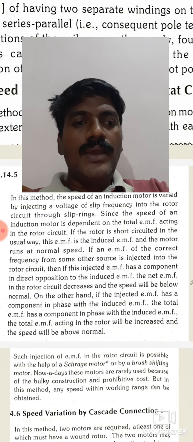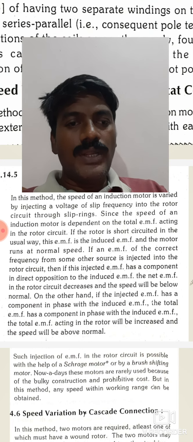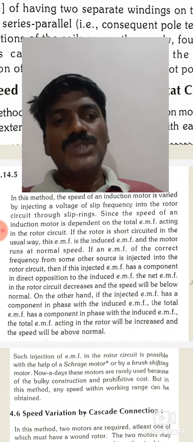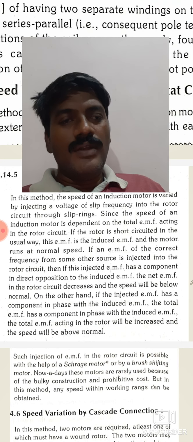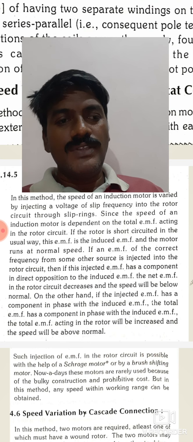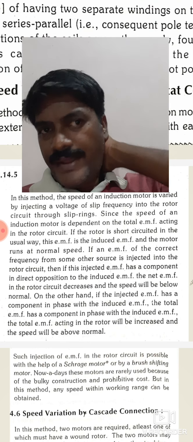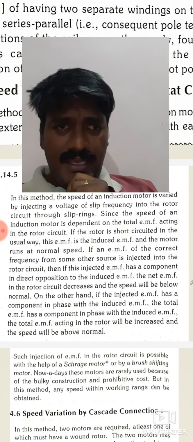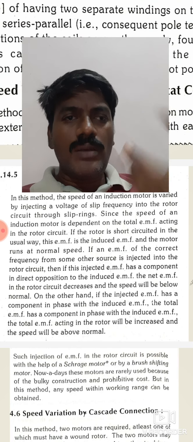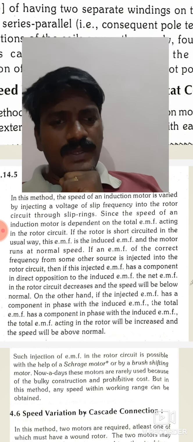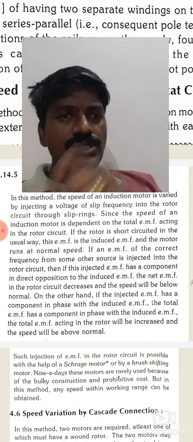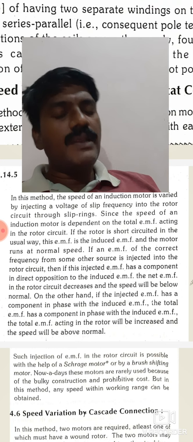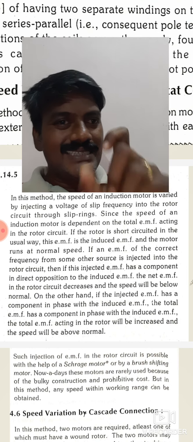On the other hand, if the injected EMF has a component in phase with the induced EMF, then the total EMF acting in the rotor will be increased and the speed will be above normal speed. So, a very important point: by using the rheostat control method, we can get only speeds below the rated or normal speed. But by using the injection method,